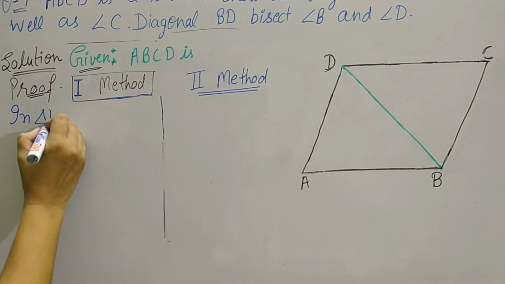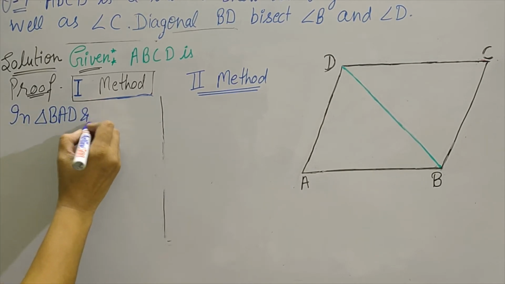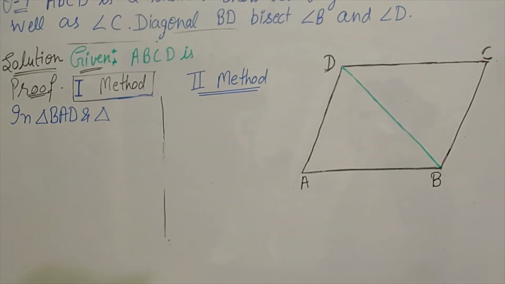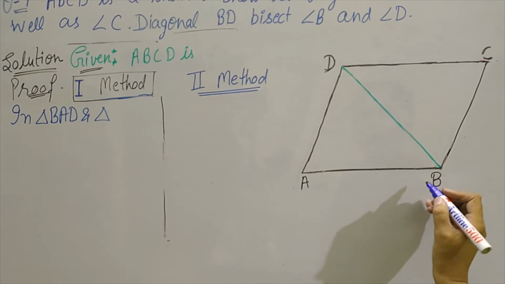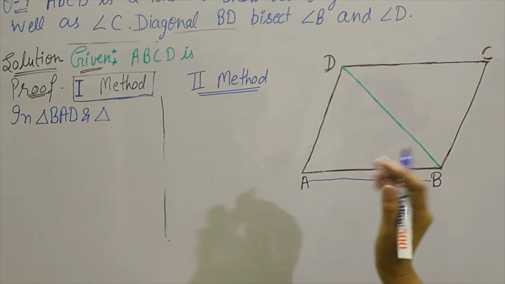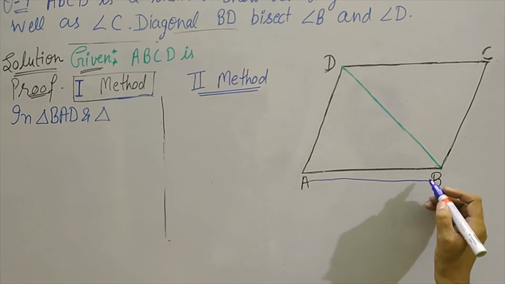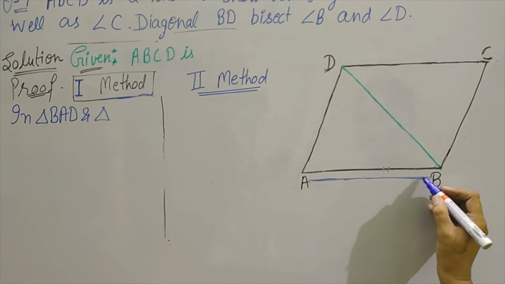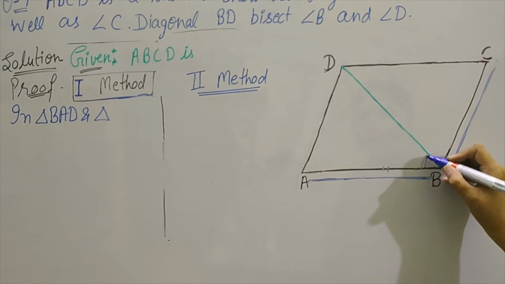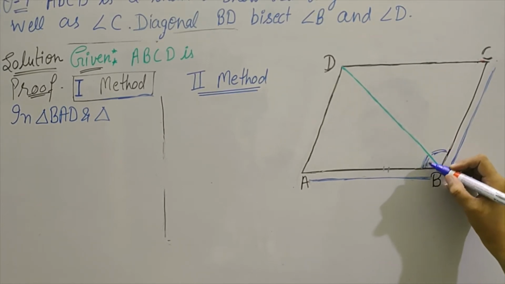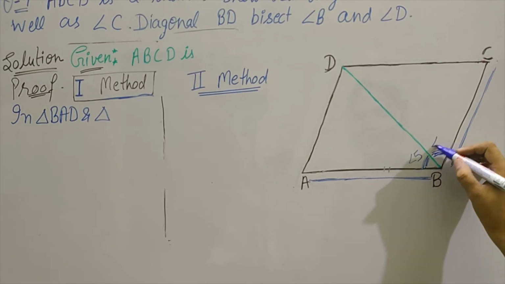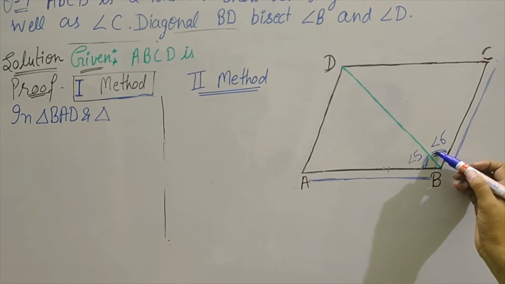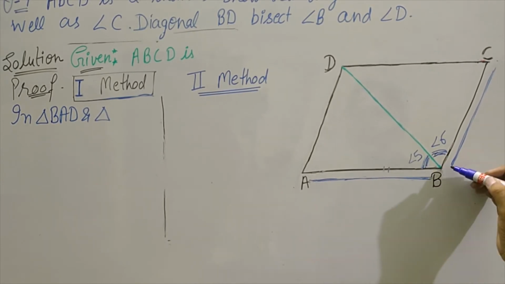In triangle BAD and triangle... Students, think over it from the very beginning while starting writing the names of the triangle. One side you are taking BA. Now I think my logic is clear to you. One side when you will take BA, so BA you will write equals to BC, because we have to take the corresponding of point B. Let's consider it angle 5 and angle 6, so that by CPCT we can say angle 5 is equal to angle 6. So BA is equal to BC we will take.